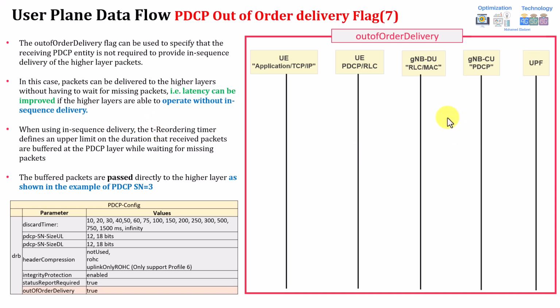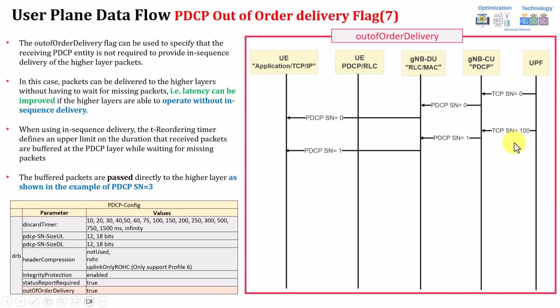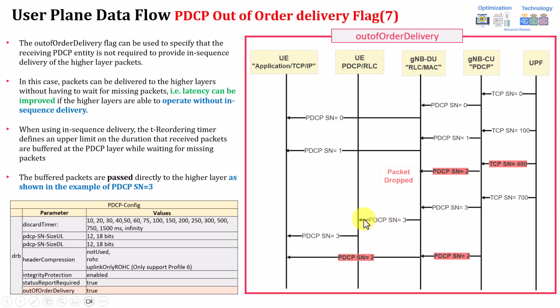Okay, so this would be exactly the same example as we highlighted: sequence number one is being transferred, fine, two is being lost, and three is being sent here. But this time, there is no timer being used. What will happen? The UE PDCP receiver will directly send the packet because there is no timer, without waiting for any particular time. And maybe later on, it will receive sequence number two, and TCP can now do the reordering by itself, as will be discussed again in the next session. This is out of order delivery.